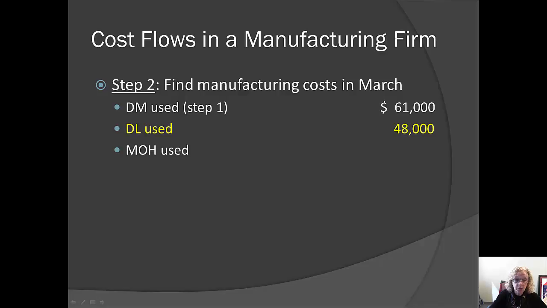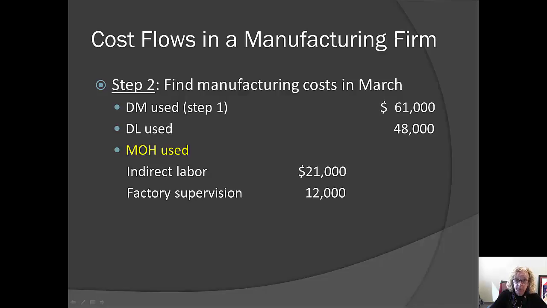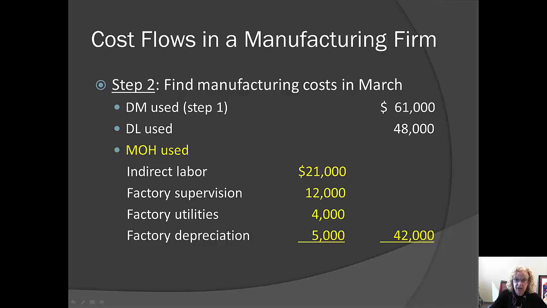In this case, they don't tell us the total manufacturing cost. They tell us different components of overhead. Indirect labor, factory supervision, factory utilities, and factory depreciation. Add them all up, and that tells us we had $42,000 of manufacturing overhead. Add that to the materials and the labor that we used, and that tells us that